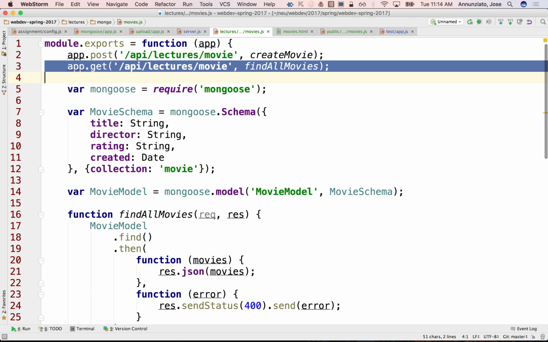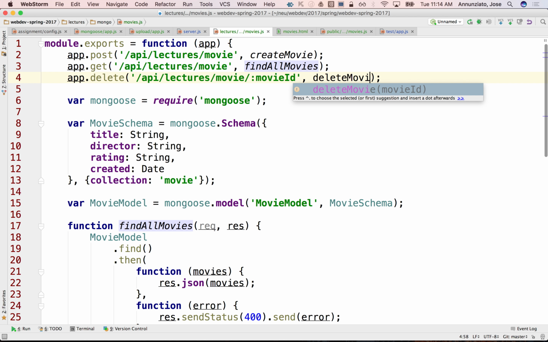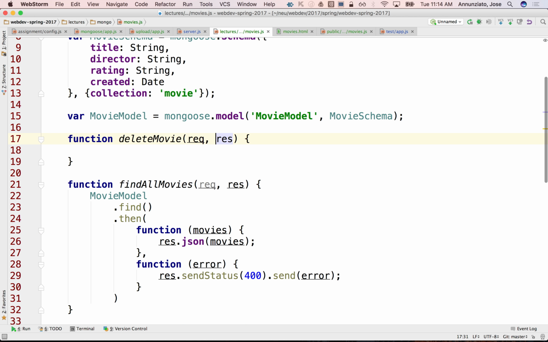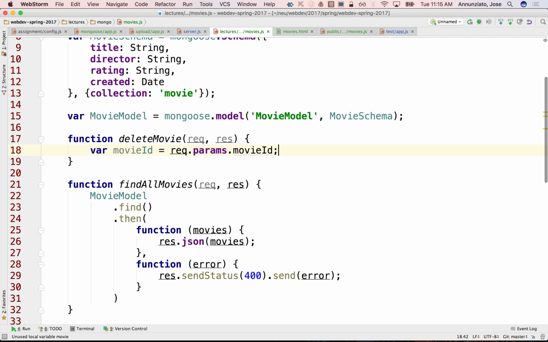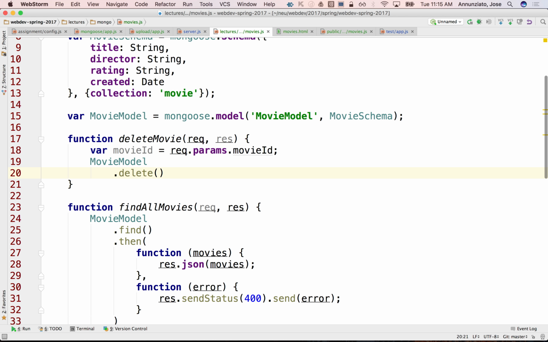So we're going to be listening for an incoming delete, right? And at the end of this URL, we're going to have the movie ID as an argument. And this is going to be delete movie, and delete movie is going to be implemented right here. Function delete movie, it's going to again take request and response. We're going to parse the movie ID from the request, from the params. Movie ID, and we want to remove it. We're going to say movie model dot delete, and delete takes an argument of